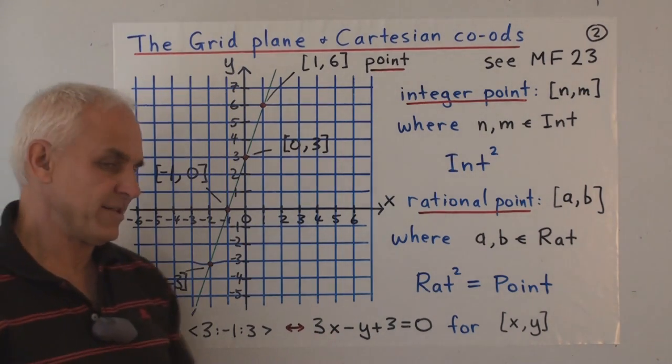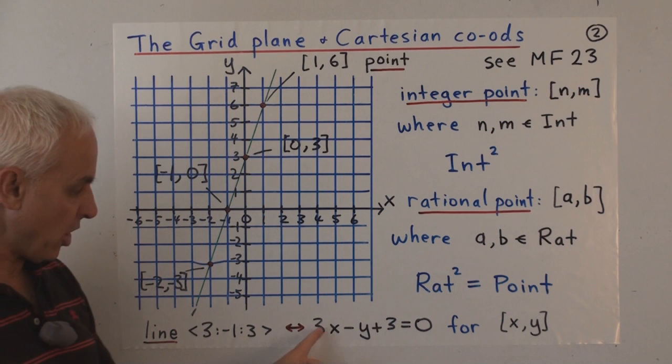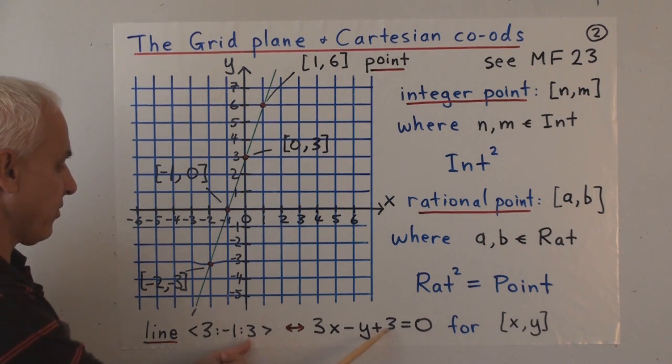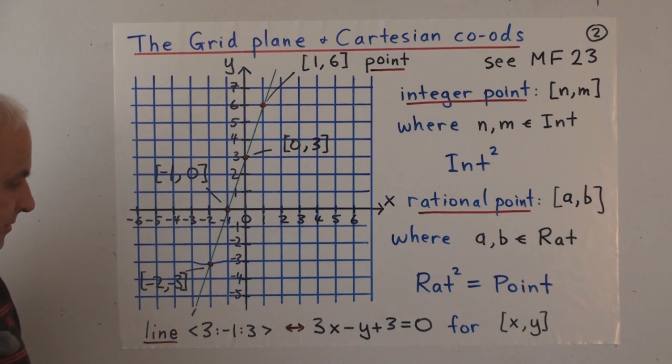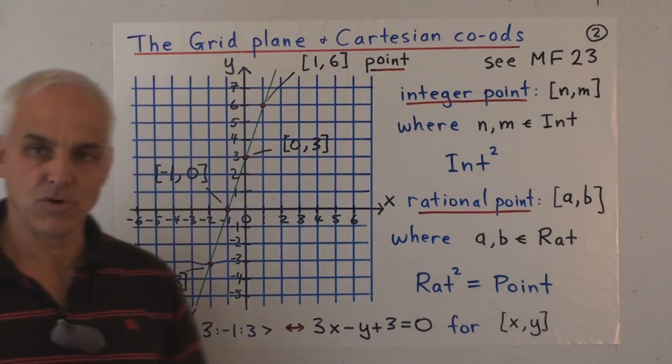Now the x and the y are in some sense arbitrary. They're not really necessary. The essential ingredients are the various coefficients that appear here, and we like to abbreviate them by just talking about their proportion: ⟨3 : -1 : 3⟩. That encodes the line just as well as that does. And the pointy brackets are sort of alerting us to the fact that we're talking about a Euclidean line. So we can talk about lines, and we can talk about points in this Cartesian coordinate system.